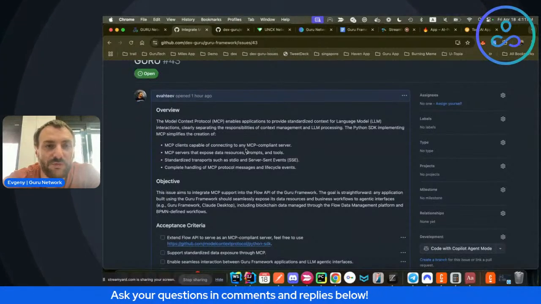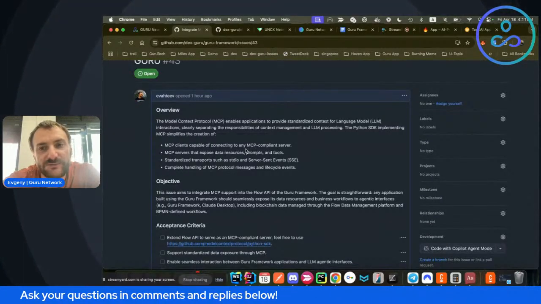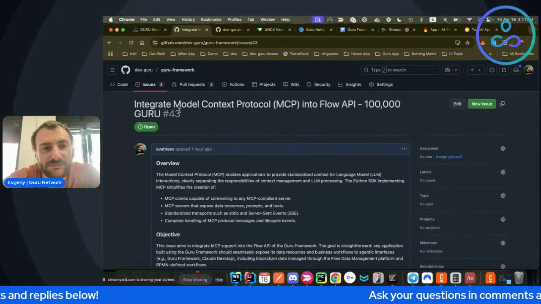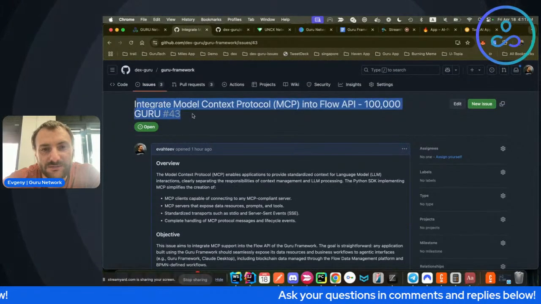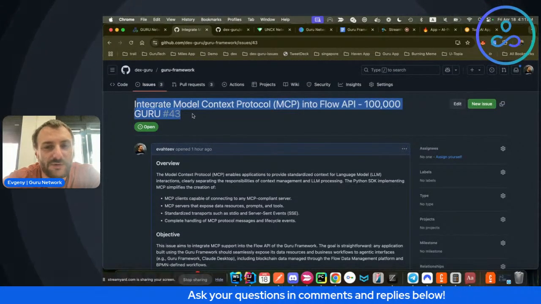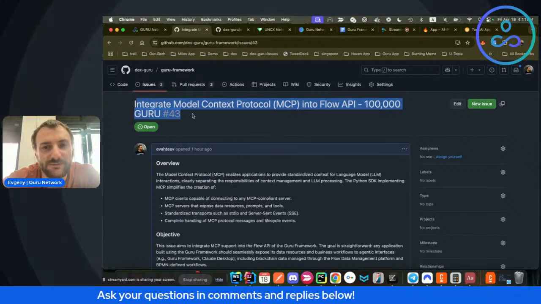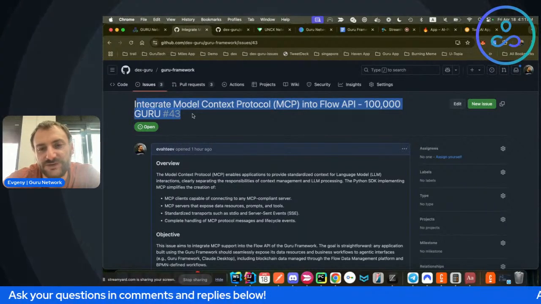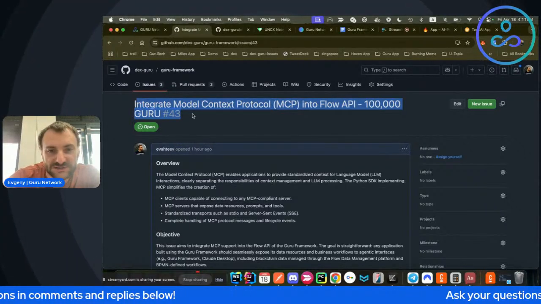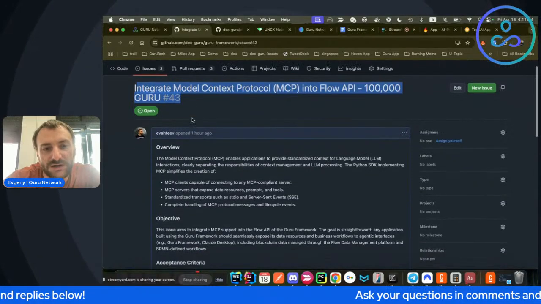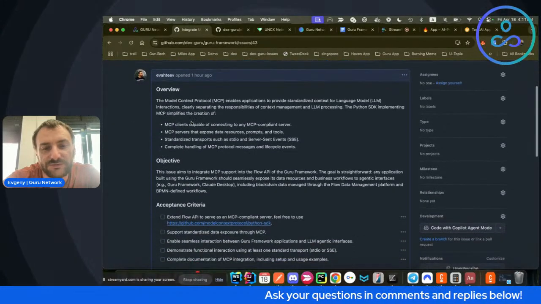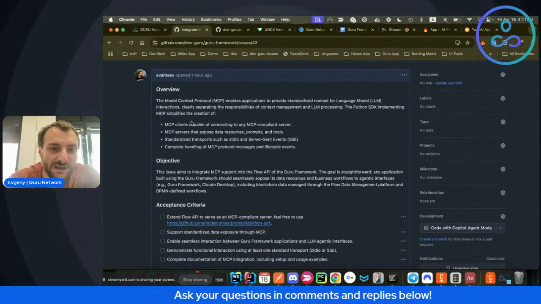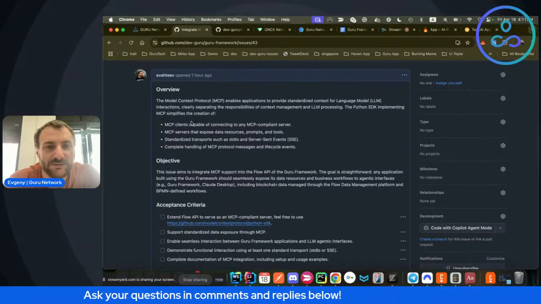So that particular ticket, for example, is what would be the actual task for us to go through next week. I would pretend to be a community member who wants to develop this particular feature, and over the course of next week we would have like 3-4 sessions where I would go through the process of how to start developing those features inside our Guru framework.